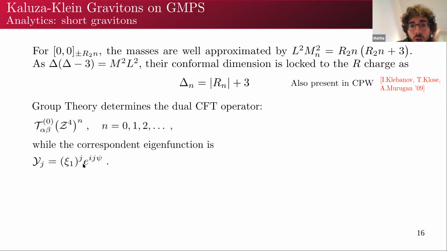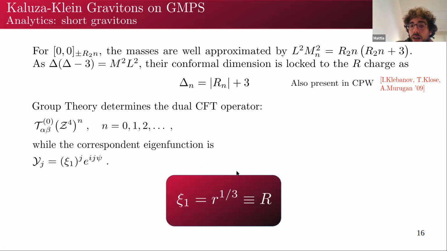We also know the corresponding eigenfunction because we know the quantum numbers of these states. So what we do is plug these eigenfunctions into the original ODE, and we are very lucky for these gravitons because all the dependence on the unknown F and alpha factors out, and we are able to derive analytically the eigenfunction for this tower of singlets, and therefore the rational values of the masses as well.